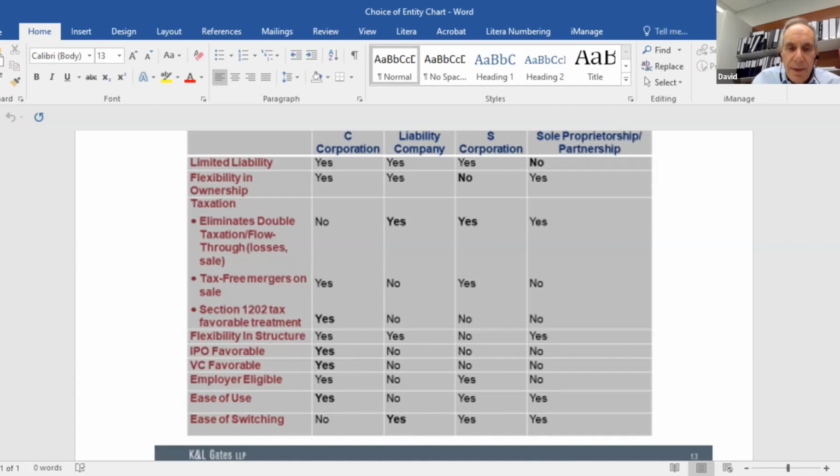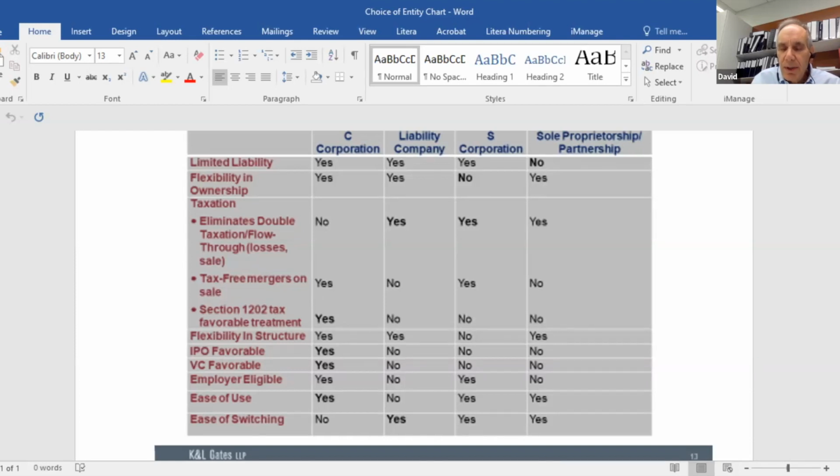And they're all kind of easy to use. Limited liability companies get a little bit more complicated. I don't think it's dramatic, so I wouldn't make the decision based upon that. But people are accustomed to corporations still. And the most important one is the last line, which is that when in doubt, it's relatively easy to